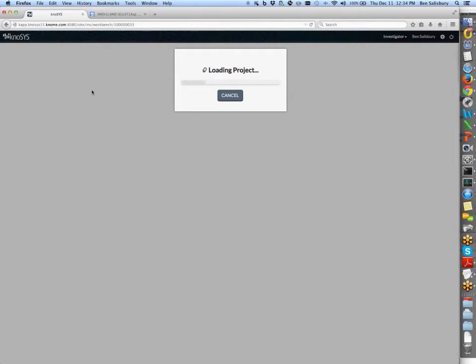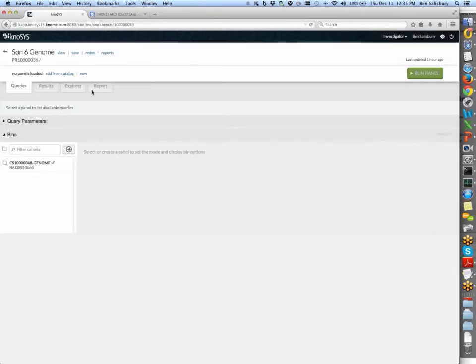This time we're loading up a whole genome because there are variants that fall outside of your standard targets of these genes. So promoter or regulatory elements can, of course, be far upstream or downstream or even farther afield than that relative to the coding regions of a gene. But so here we have our son 6.